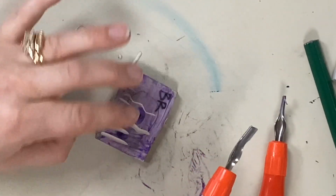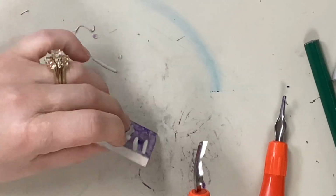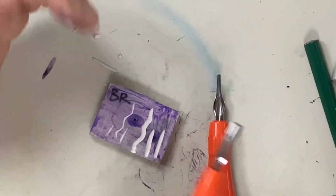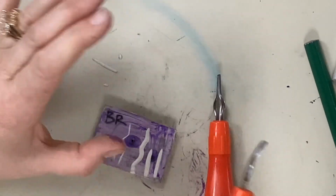We will give you a chance to practice on some oops blocks before you start in on your real plate, but only a couple of cuts, because I want to have enough of these so that everybody gets to try it out before they're on their